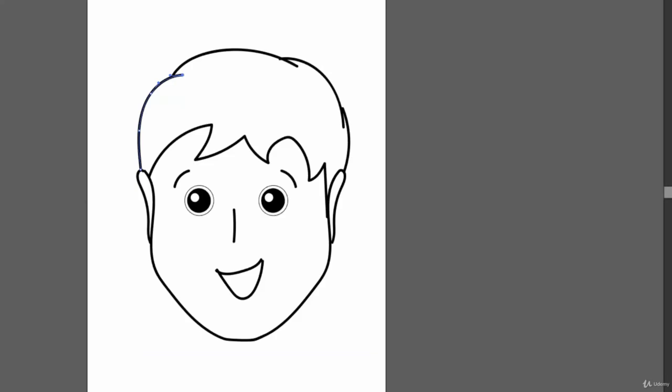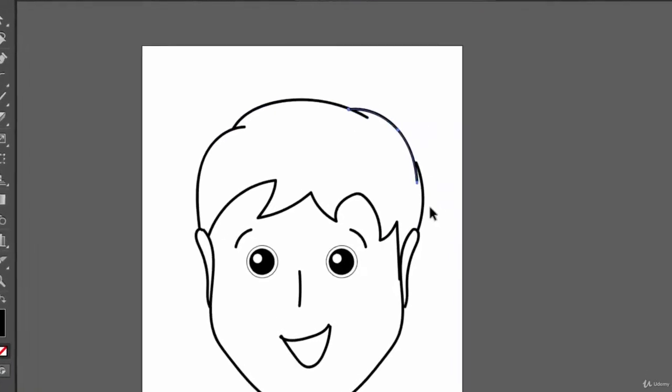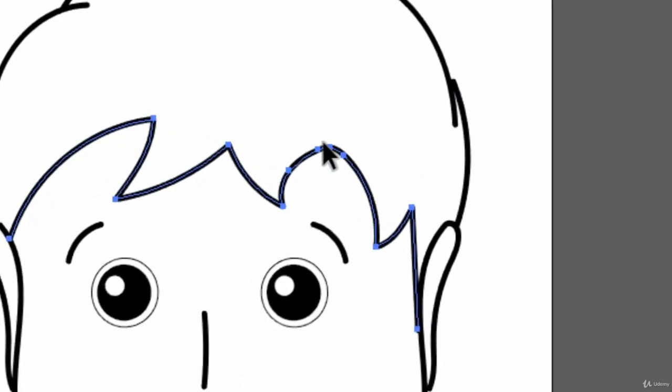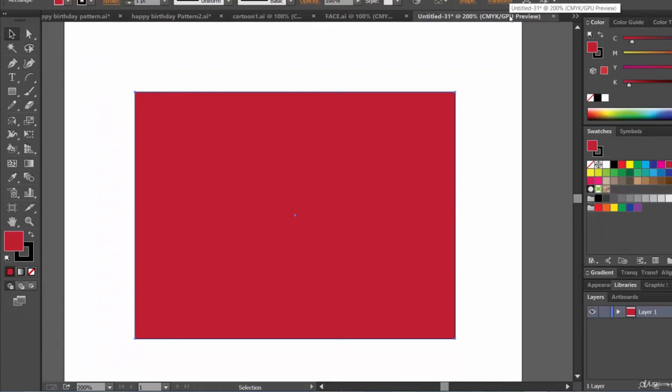Let's take a look at the cartoon that we have made. Select any path. See, these are made up of anchor points. See, take a look at this path. So anything which you draw in Illustrator is made up of anchor points. Okay, so this is what an anchor point is.